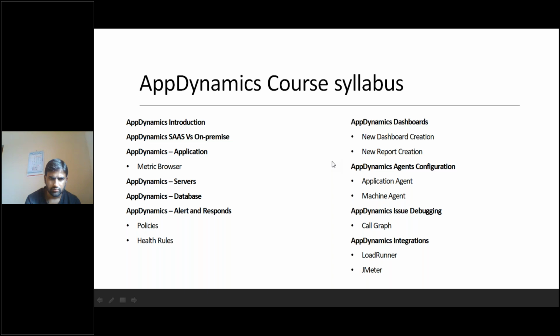That sample application has to be deployed on a server, and then you are going to prepare your AppDynamics, and then you are going to download the agents. Those agents can be configured with your application, and then you are going to take the data. That is the primary thing you need to do. It is not like something is available and you just read it. No, we are going to work on the ground, configure, and then learn it.